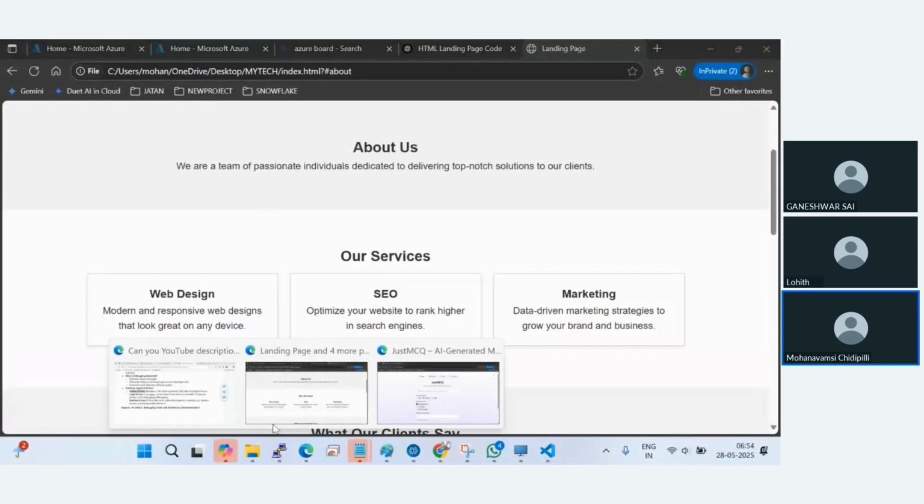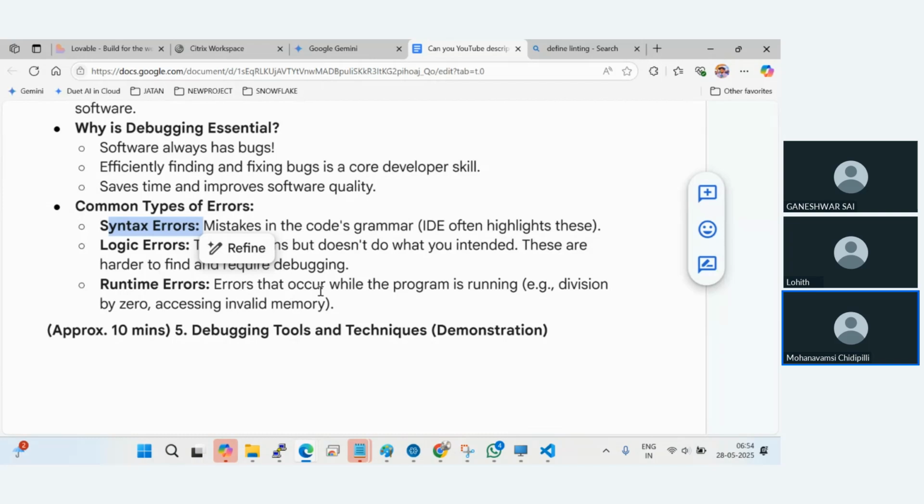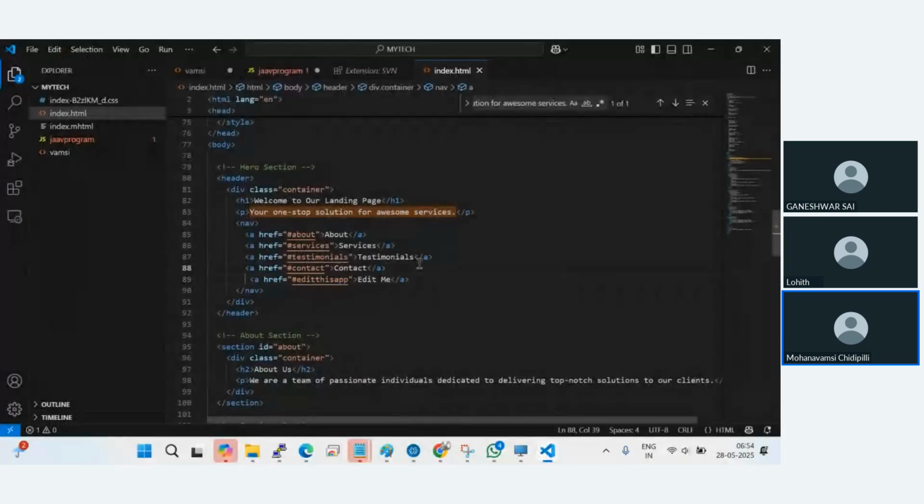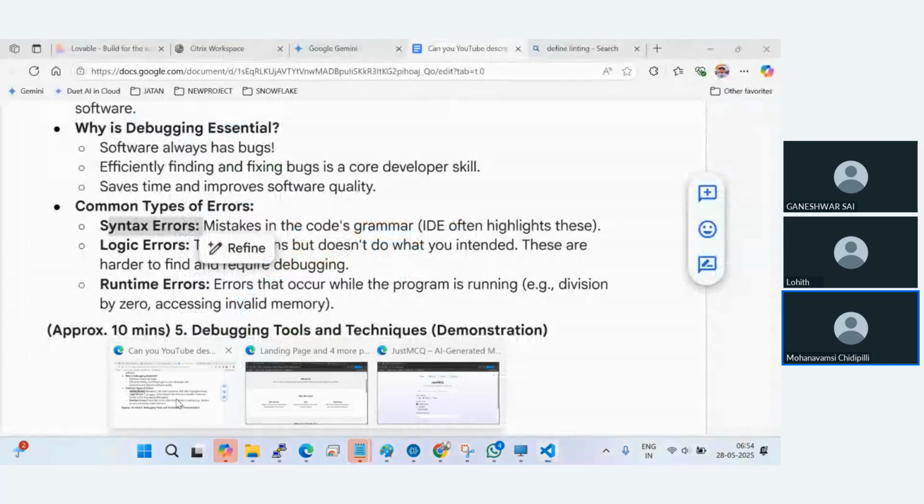So why are we doing it this fast? One is AI and another thing is the IDE, because the IDE is very useful for us. So we can create and edit easily. Okay,